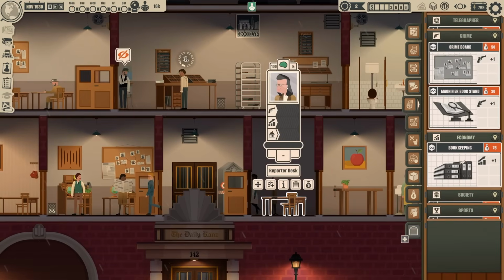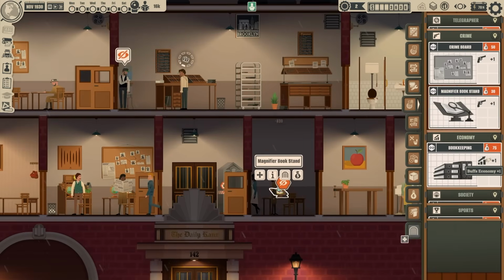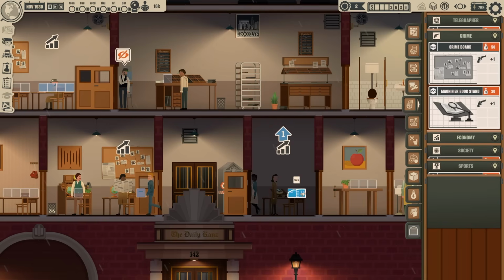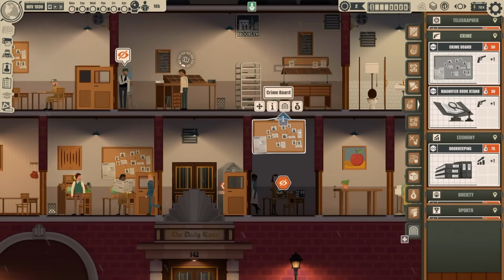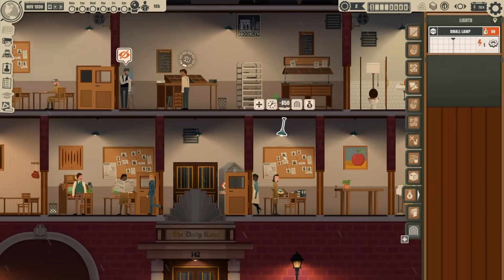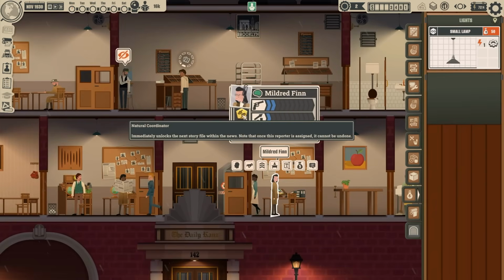Let's give some accessories like this. Do you have economy? You have economy in your skills? You do have economy. Oh my god, you are actually incredible. Oops, let's bring that down. We'll put a little bit of a light in there too. There we go. So just by all of that, Mildred is 2 crime, 1 economy, 1 politics with the natural